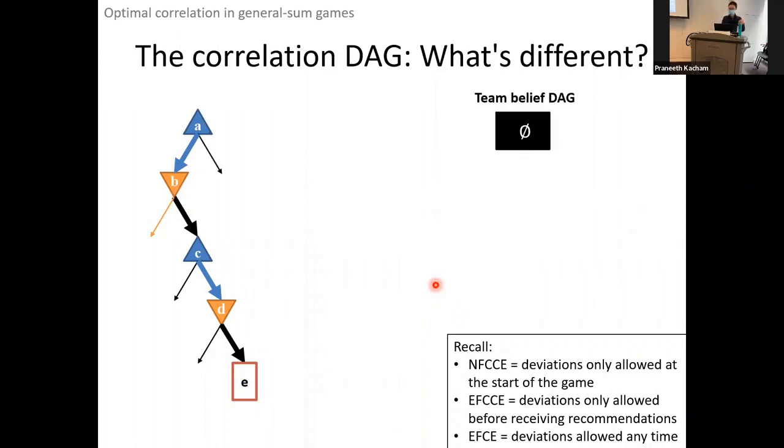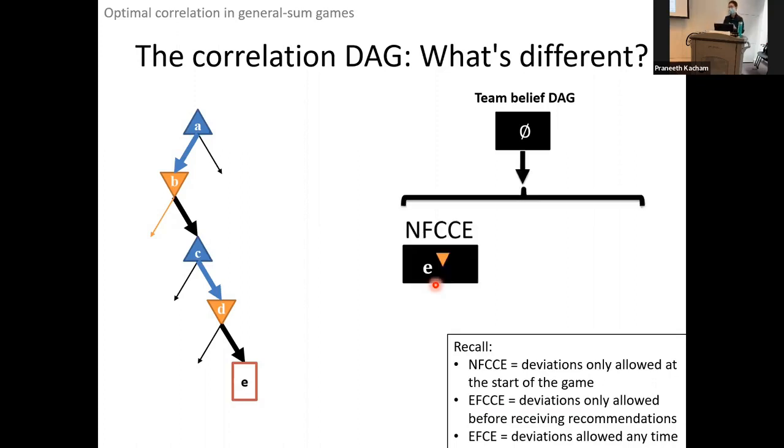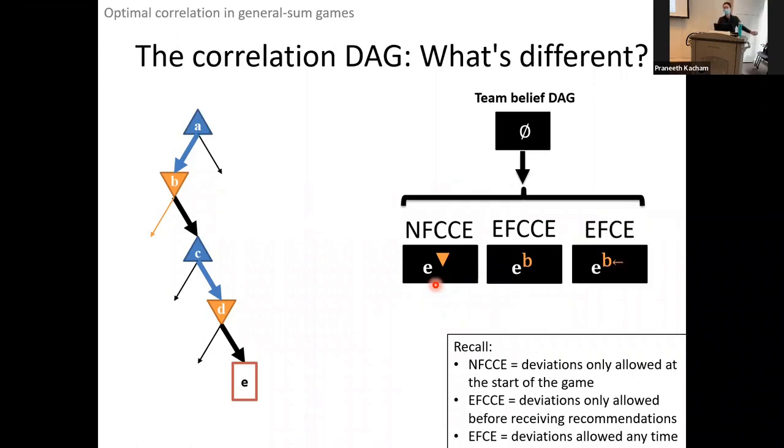But for the three notions of correlated equilibrium, we will actually have something non-trivial here, because in correlated equilibrium, we have to care about the possibility that a player might deviate. For normal form coarse correlated equilibrium, we have to denote which player deviated. For extensive form coarse correlated equilibrium, we'll have to note not only that, but where the player deviated. And for extensive form correlated equilibrium, we will need not only those two things, but we will also need what recommendation the player was given when they deviated. So we need more and more information in all three of these settings.